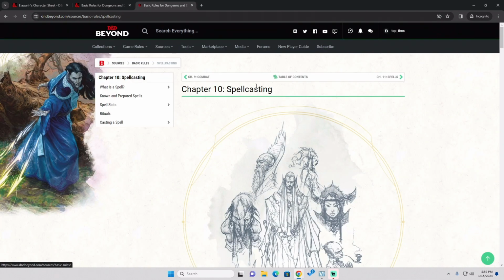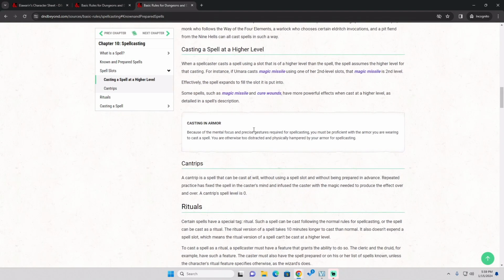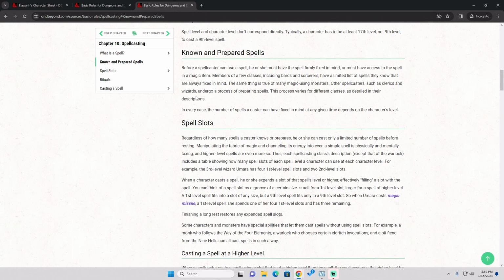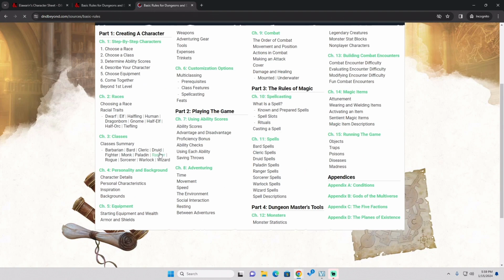We're going to find known and prepared spells. Where is it? I know it's somewhere in here. A wizard and a cleric do have to prepare their spells, and it'll say in the class description how to prepare. Specifically for the wizard that I have right now,